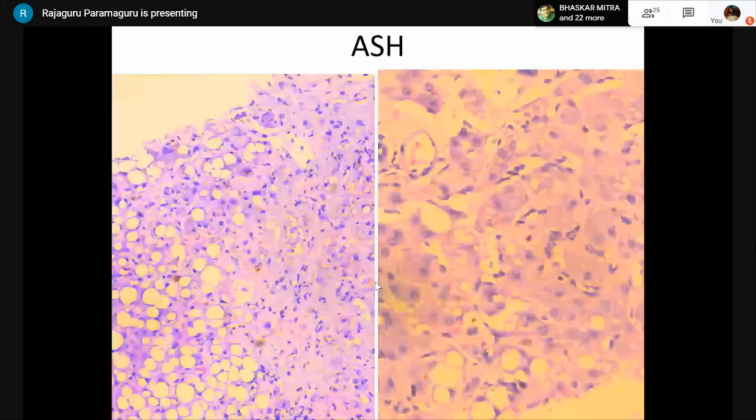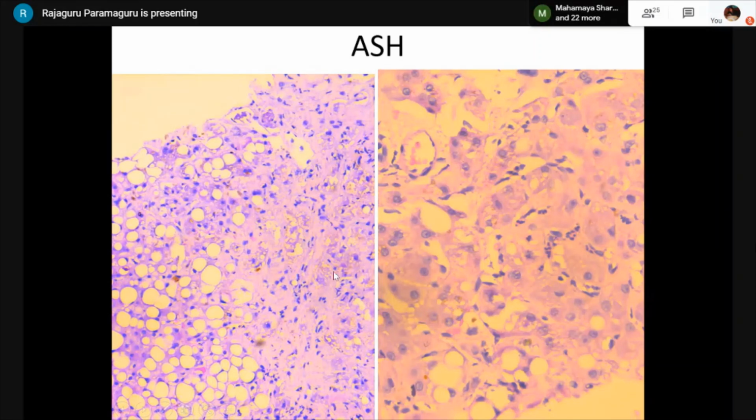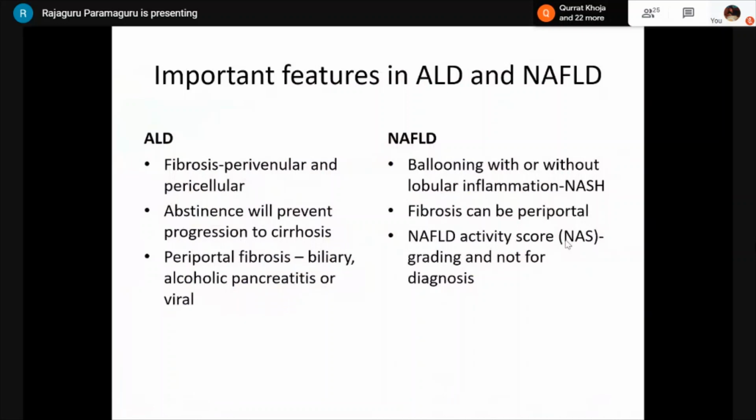Only I'll show you here. There is a feature called sclerosing hyaline necrosis. This is a terminal hepatic venule which has been obliterated because of dense fibrosis, and there will be a lot of ballooned hepatocytes surrounding that with Mallory hyaline. This is called sclerosing hyaline necrosis, which is classic for alcoholic steatohepatitis. And here you are able to find a lot of neutrophilic satellitosis. This is all about differentiating between the alcoholic and the non-alcoholic type.